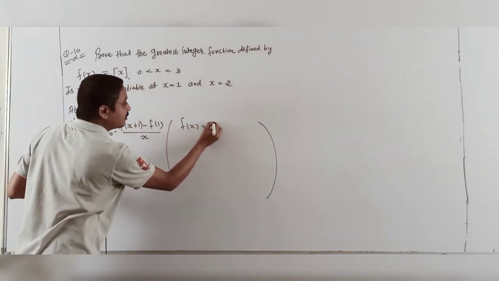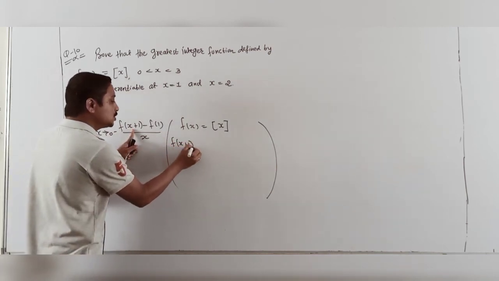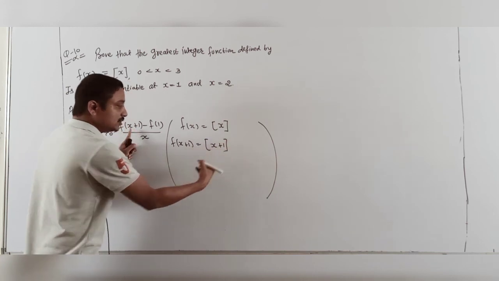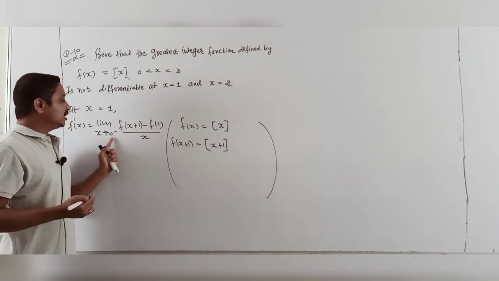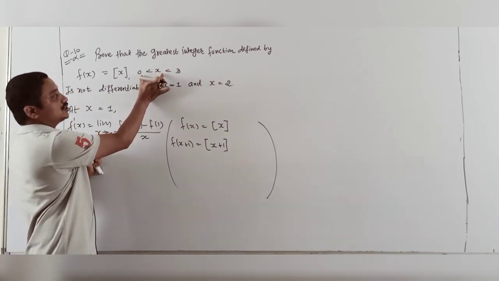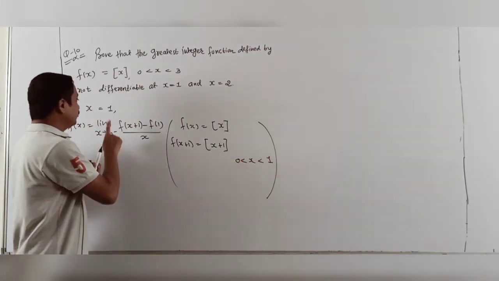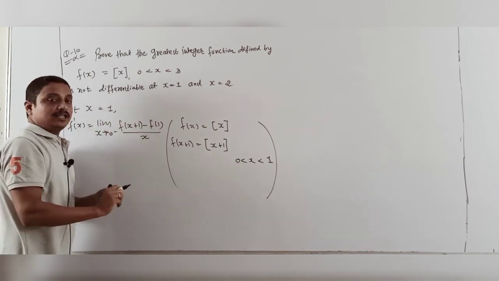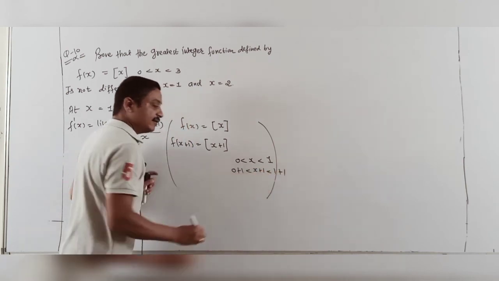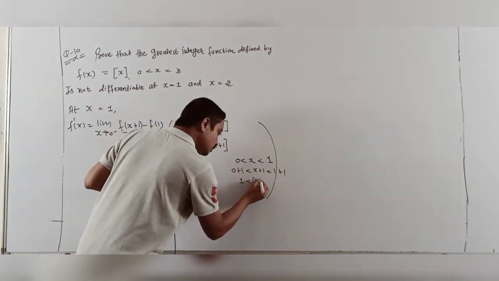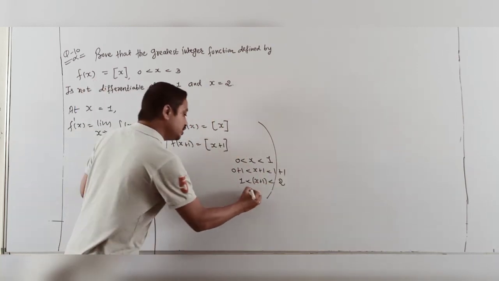So I have f(x) given as integer x, but I want f of x plus 1. So you know that here x plus 1 is one integer more ahead than x. In the criteria of x tends to 0 negative, here given 0 to x, I show 0 less than x less than 1, because I want x equal to 1. Now in this case x plus 1 I added, here 1 added to each part. So I get 1 to 2.